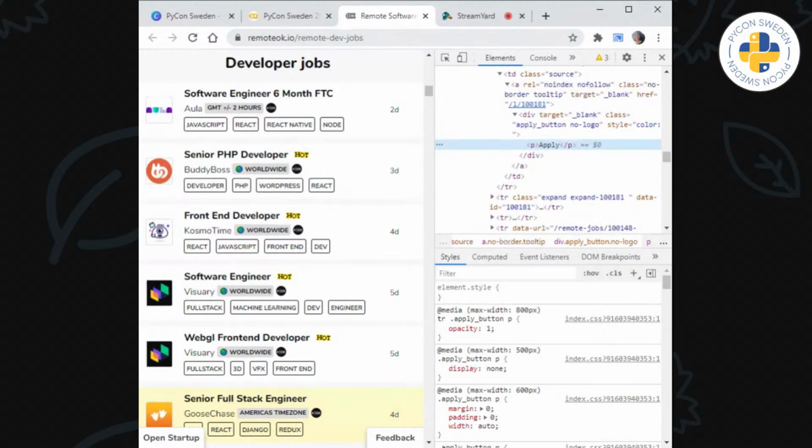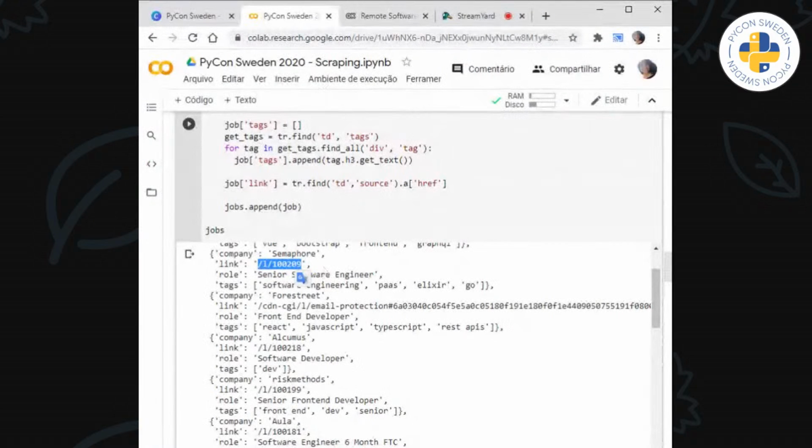My computer is super slow, guys. Sorry. So I'm going to copy it there as a simple string.